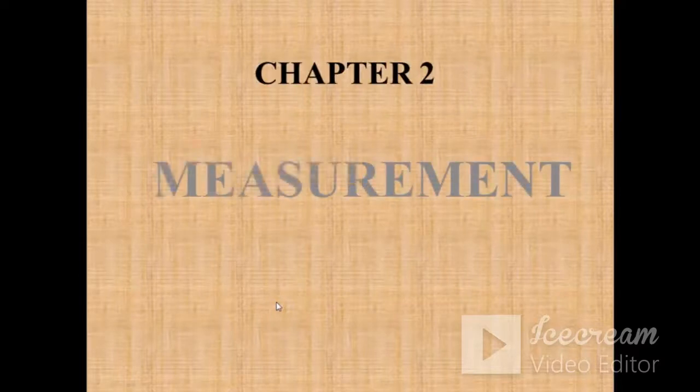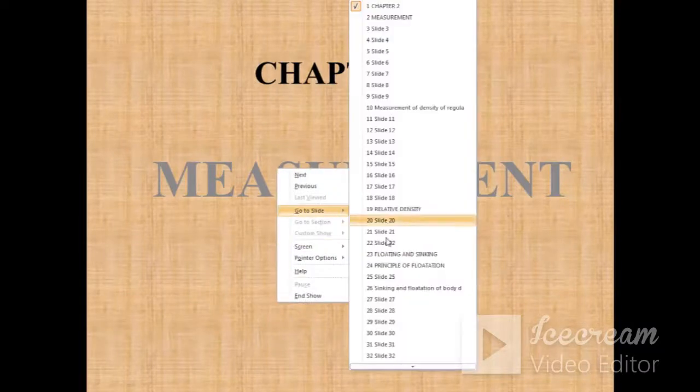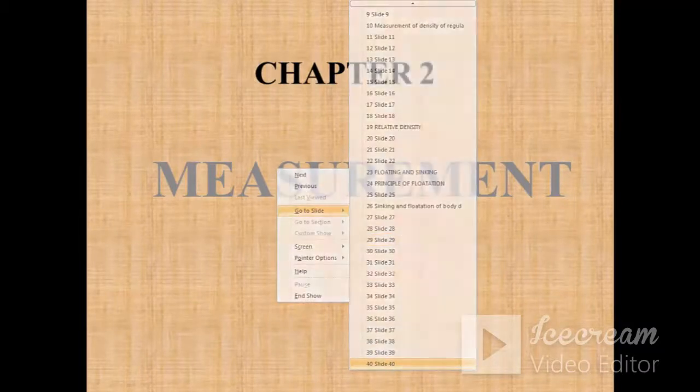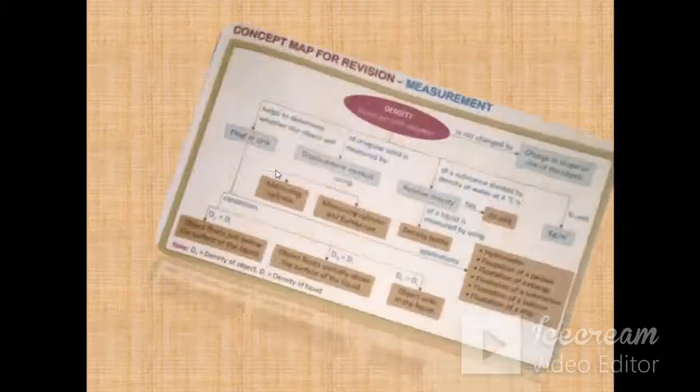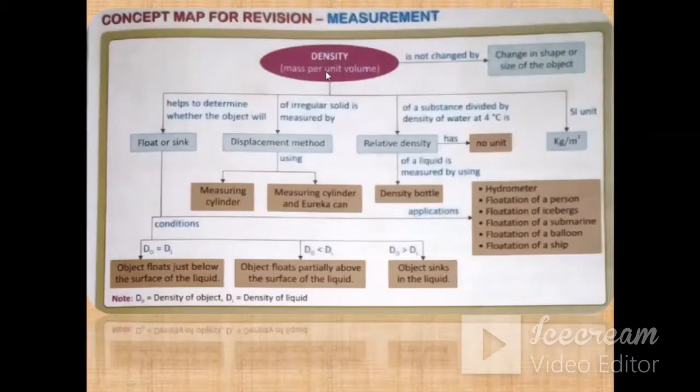In the previous week, we started our second chapter of physics, that is measurement. So far we have discussed a few topics. We discussed what is density, then how to measure the density of an irregular solid by the displacement method. In that, we discussed two methods: one was the measuring cylinder and the other was the Eureka can. Then we discussed the topic relative density, and